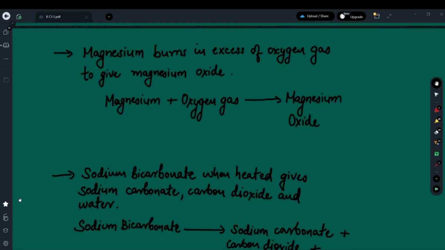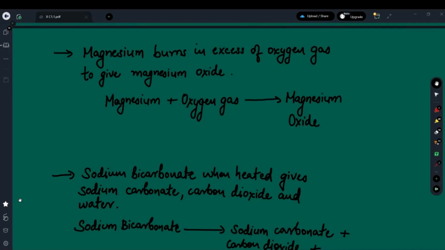Okay, so when we started understanding how a chemical reaction occurs, we started to write them in word equations. In front of you, there's a simple reaction. Magnesium reacts with oxygen, or burns in excess of oxygen, to give you magnesium oxide. It's a very simple statement, but if someone is writing a chemical reaction, it does not translate well. You do not know what the symbols are. You do not know how much of the amount is there. All this information is hidden here.